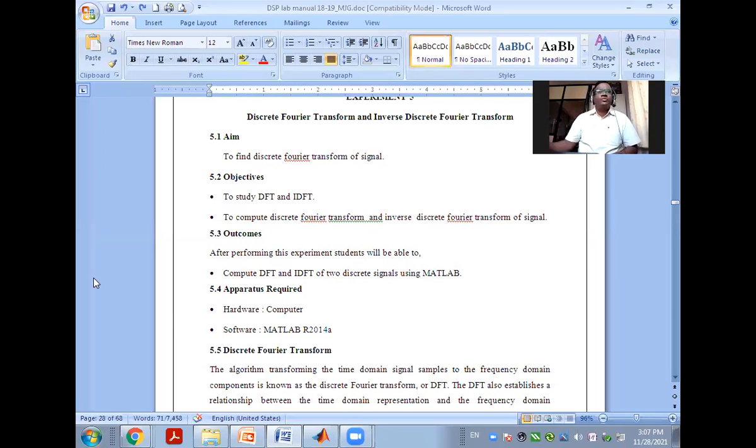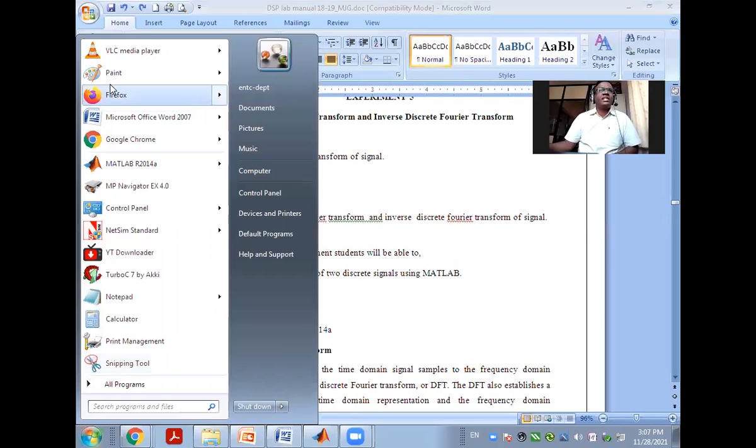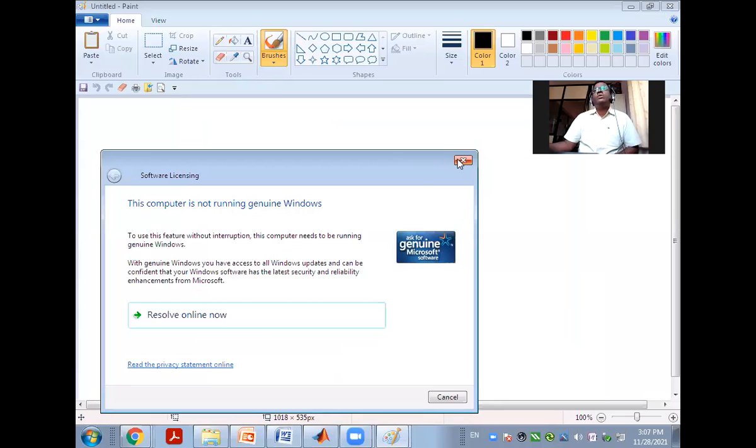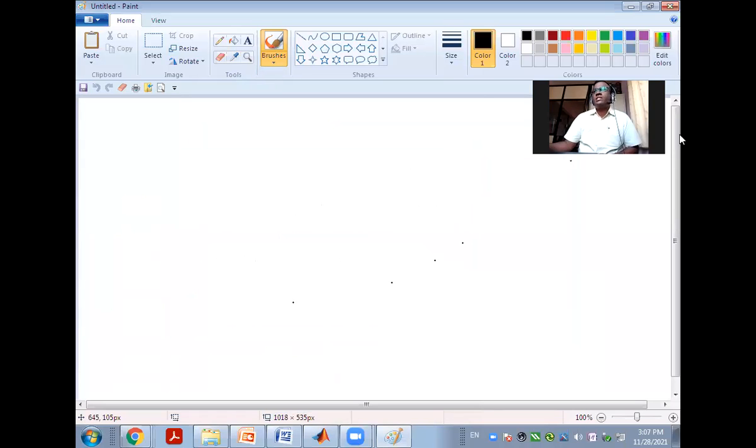Before starting with discrete Fourier transform and inverse discrete Fourier transform, let us understand, we have already discussed what DFT and IDFT are. Can anyone tell me what is DFT? And what is IDFT?